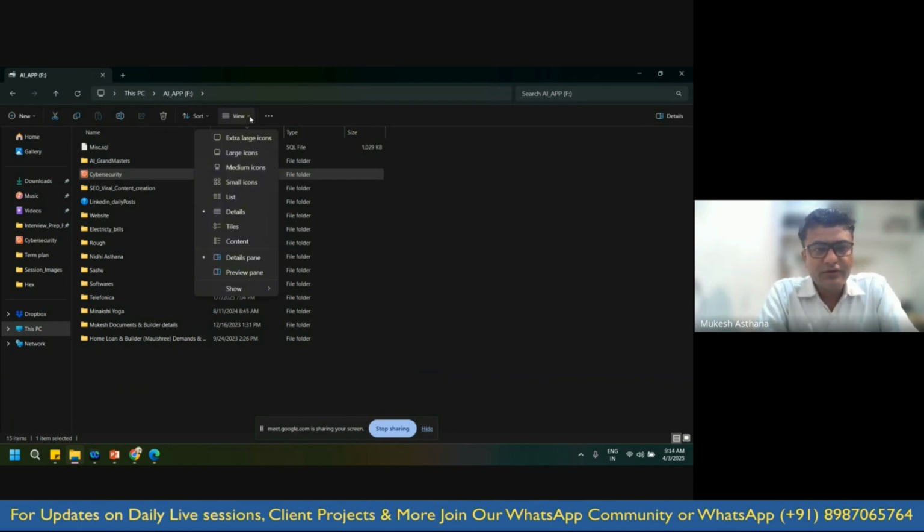This is a view option for a folder or for a file. The view options are: extra large icon, large icon, medium icon, small icon, list and details. So you see that I always keep clicking on details. Okay, so what information do I get